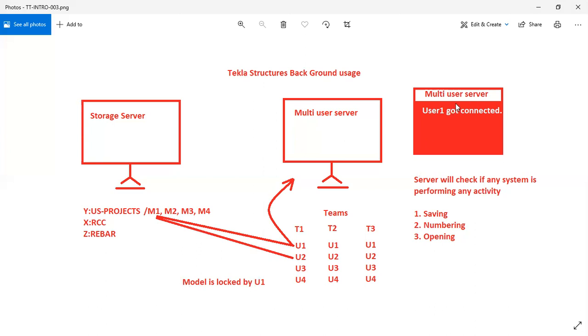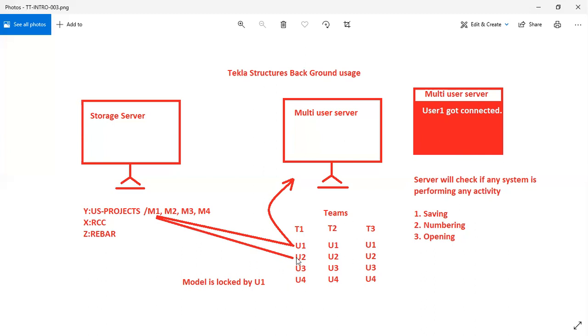Once this opening process is completed, Tekla will notify multi-user that the opening is completed. This is communication between the two applications, and once multi-user gets the notification from Tekla that the model opening process is completed, it will remove the lock and give access to other users. Once this lock is opened, other users can access that model, right?